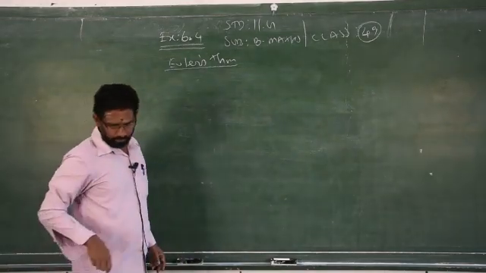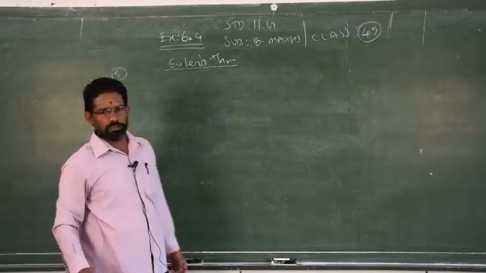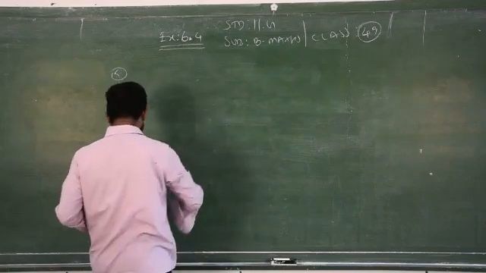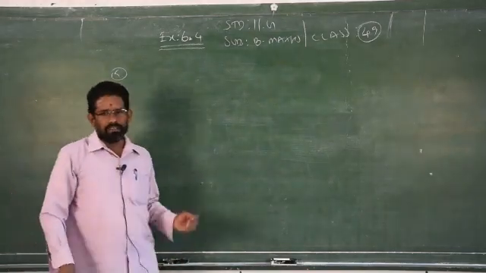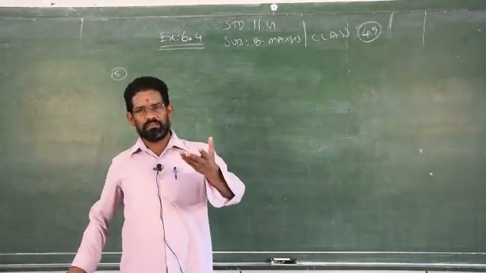Now question number 5, using Euler's theorem is very simple. Using Euler's theorem, it is very, very simple. It is not as difficult as verifying the result. Verifying the result, you have to do some steps. But using Euler's theorem, it is very, very simple.